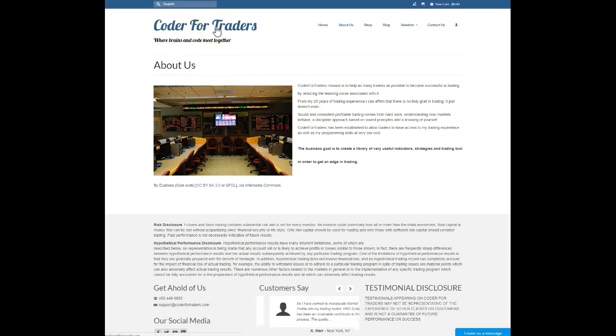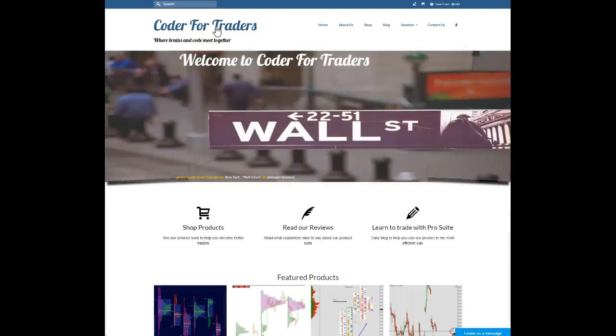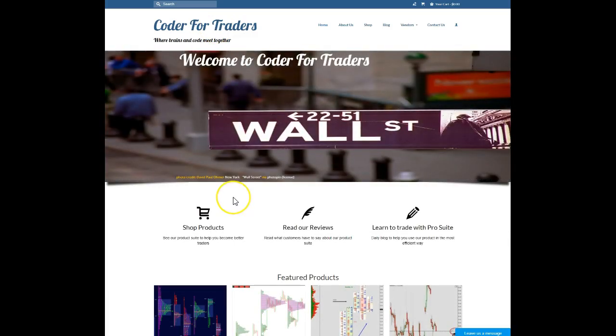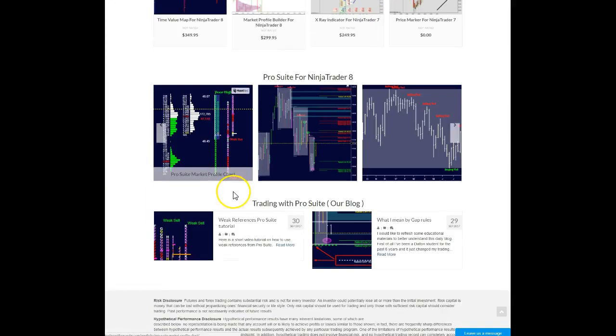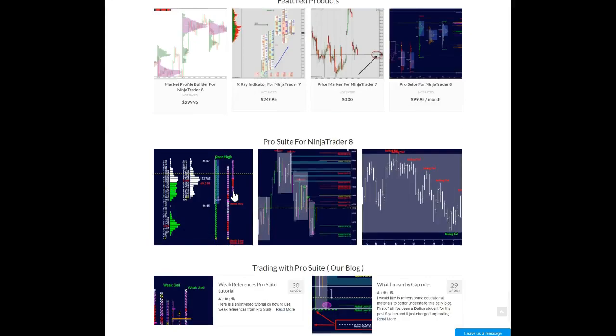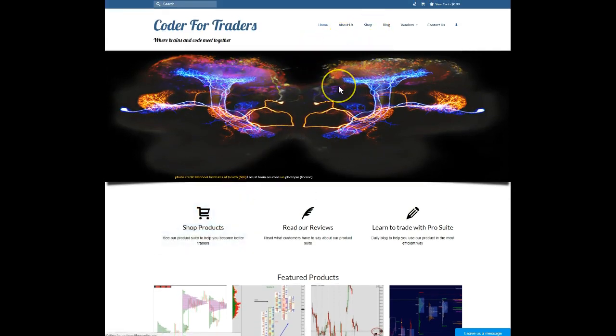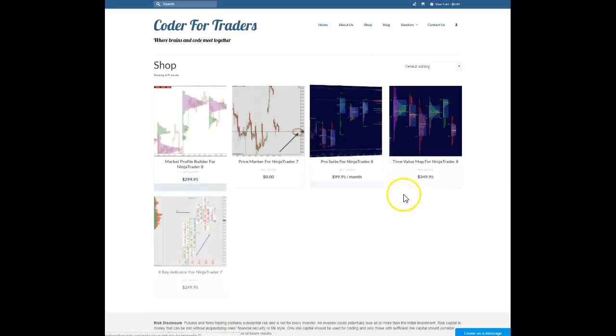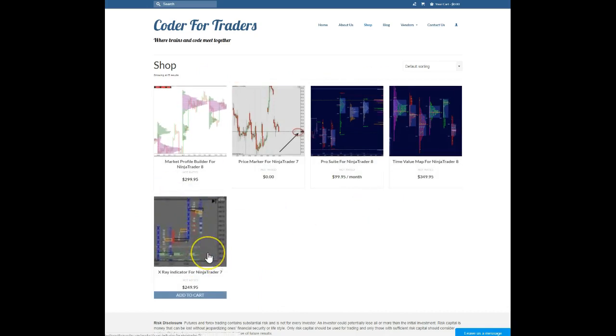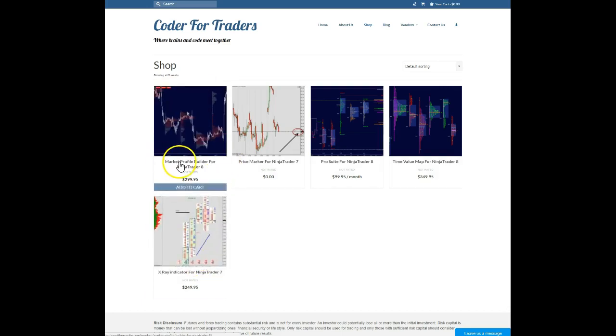You can visit us at www.coderfortraders.com, and this is our website that you are seeing right now. And I'm going to go immediately to the shop page because we're going to go through the different products that we are offering. We are offering at this time 5 products: the Market Profile Builder for NinjaTrader 8,